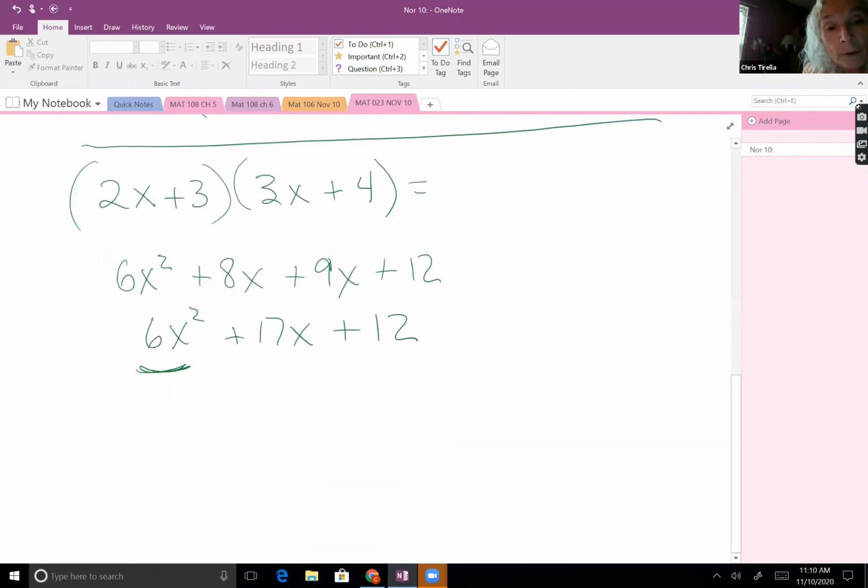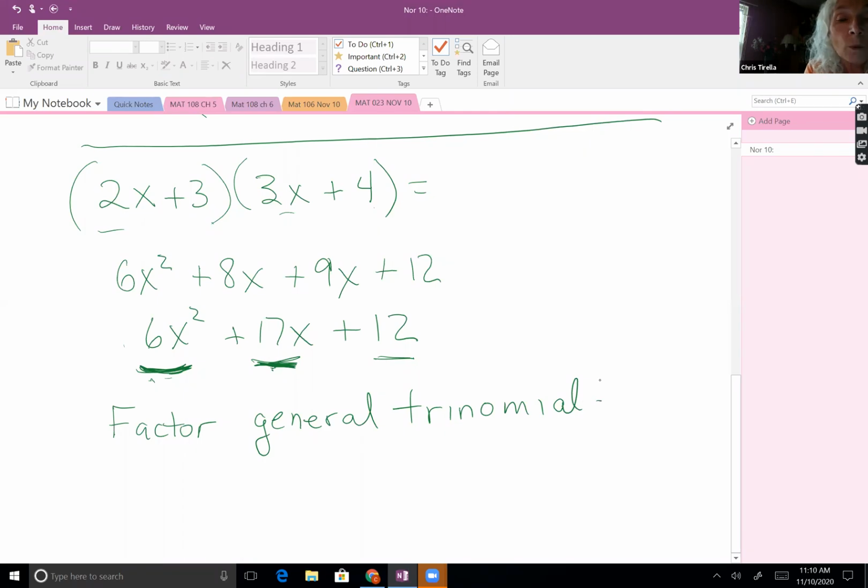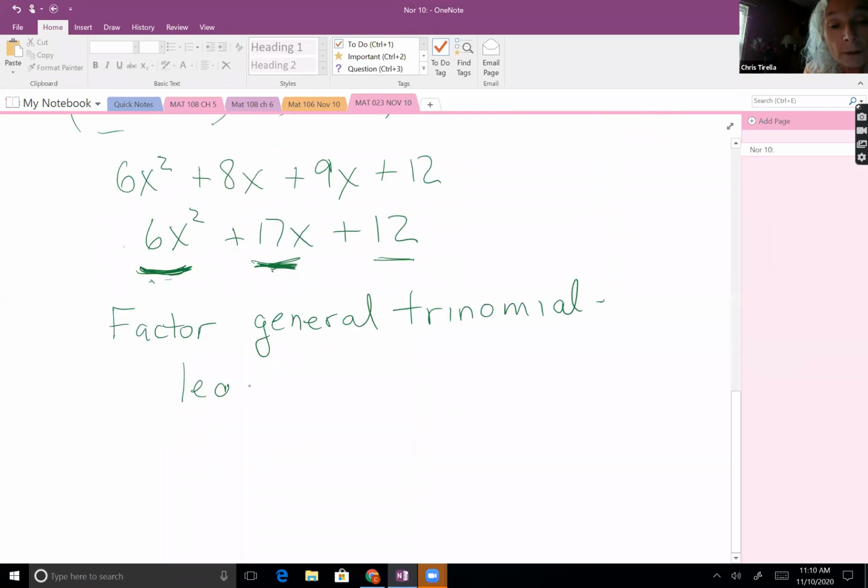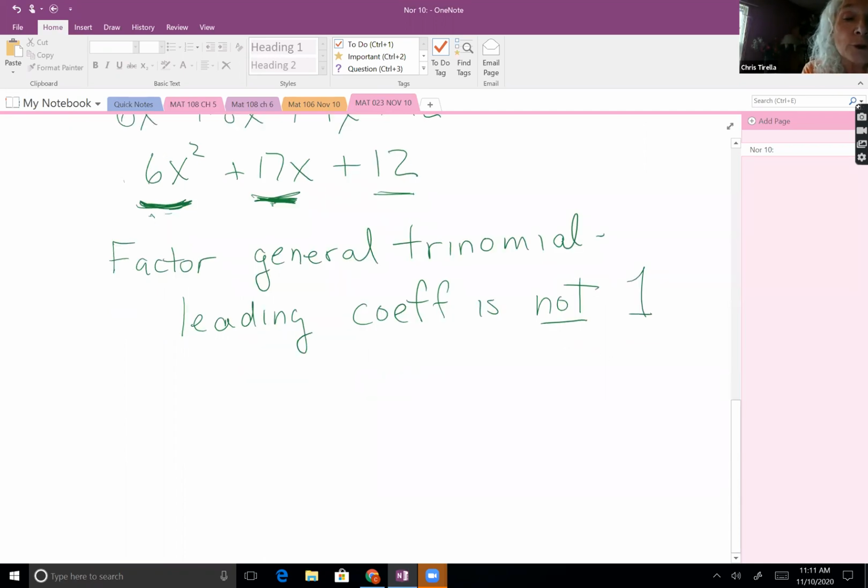And so if I were to factor, I'm looking for things that multiply to give me 6x squared. I'm looking for things that multiply to give me 12, but that's 17. How does that 17x fit in? It's not just the sum of the numbers. And so when I factor a general trinomial, one in which the leading coefficient is not 1, I have two options. I can use trial and error,